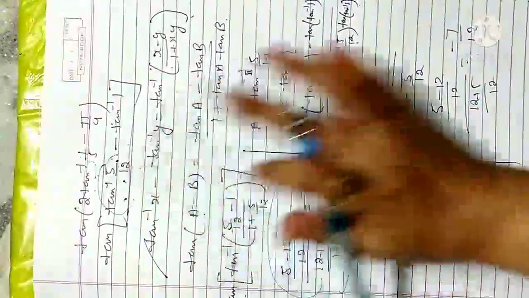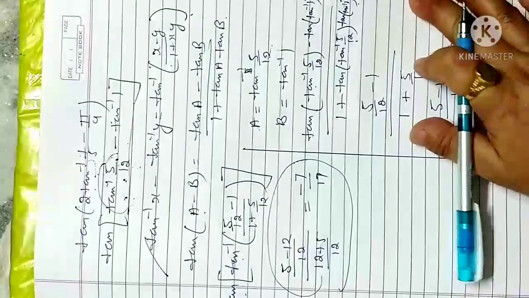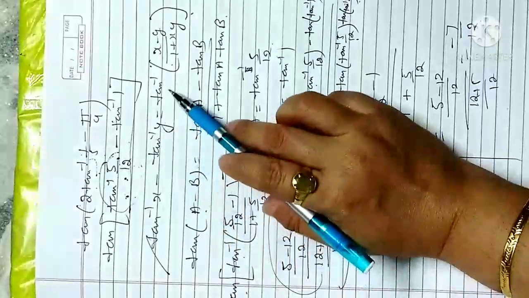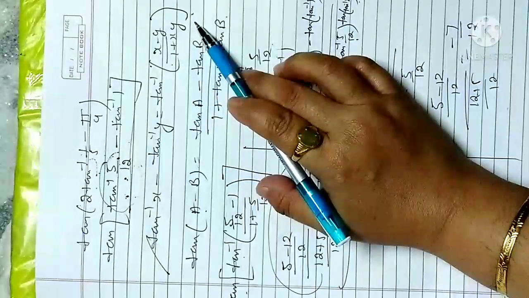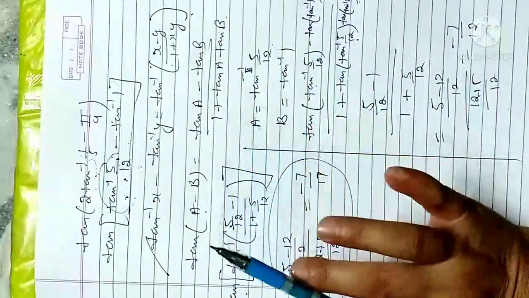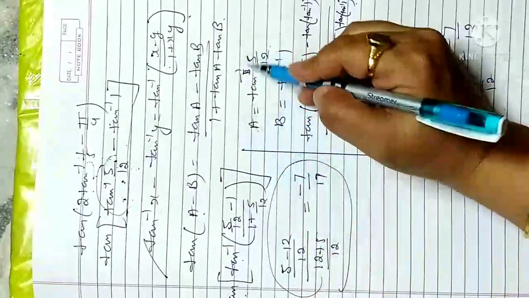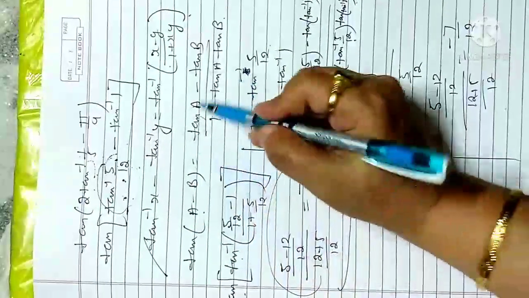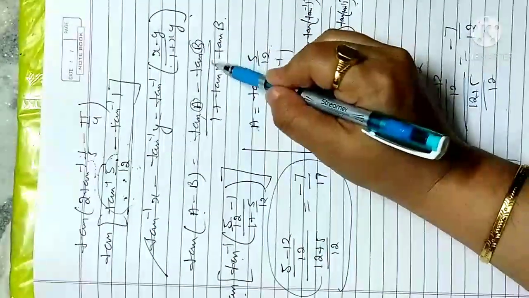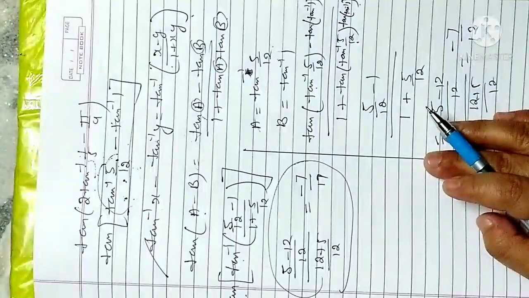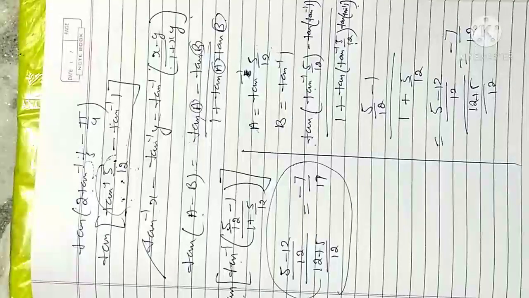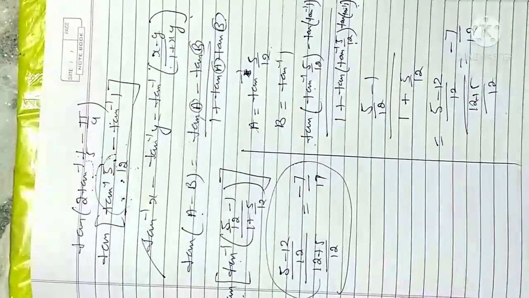So you have two options. If this type of question comes, either you can use the formula tan inverse x minus tan inverse y is equal to tan inverse of x minus y upon 1 plus xy, or the tan a minus b formula. In this case you have to be very careful about a and b, because tan is outside and you just replace a, b with whatever inverse function you consider as a and b. In each and every case tan inverse is cancelled, and you will get the same result.